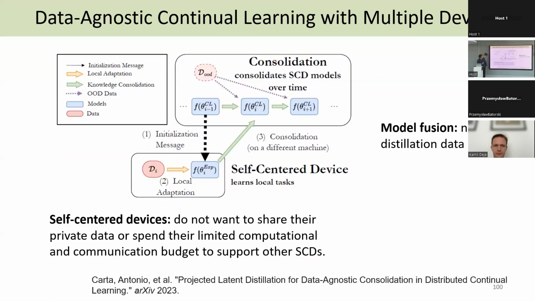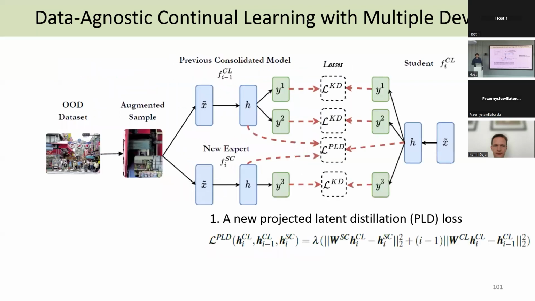Did I say here? Oh, yeah, okay. So in the model fusion, what I write is not totally correct, but the data which is used on the device is not available. You could use other data. Very quickly, what we did here is we use an expert. This expert is here on the bottom. Again, it can learn its task as well as it wants.